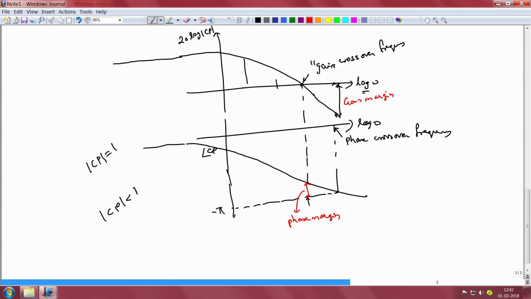So, we want to make sure that C times P always has the specified phase margin and the specified gain margin for the closed loop system to be adequately stable. With this we conclude taking an overview of the canvas, namely the tool that we would use for doing our design, namely the Bode plot, and in the next clip we shall start performing control design for specified performance requirements.